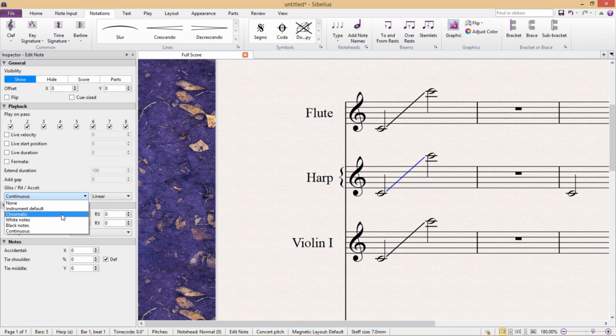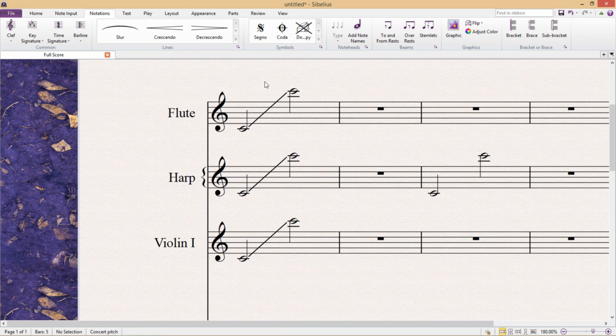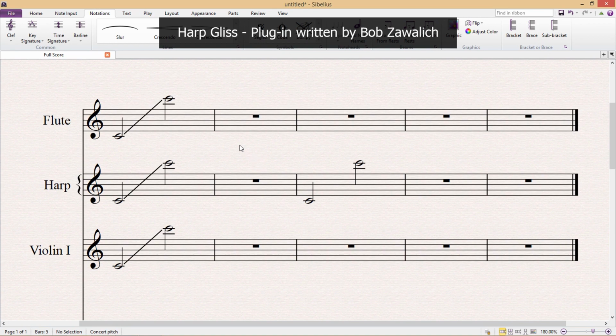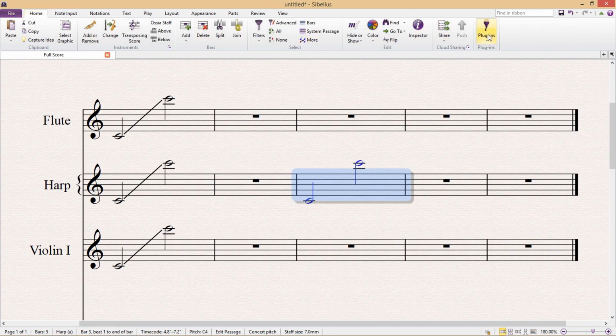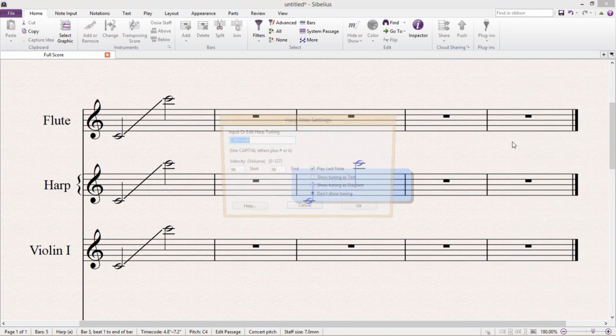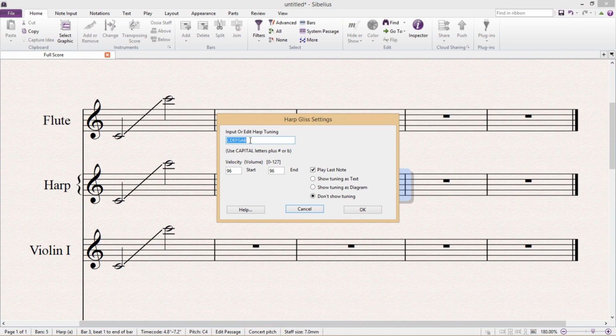By the way, a real harp can't actually play a chromatic glissando anyway, so really we only have two realistic scales available. However, there is a fantastic plugin that you can get that is appropriately called Harp Gliss that allows us to play back all sorts of harp glissandi. We simply select two notes, then find and open up our Harp Gliss plugin. And up the top of our plugin, we can set the exact notes that we want the harp to play